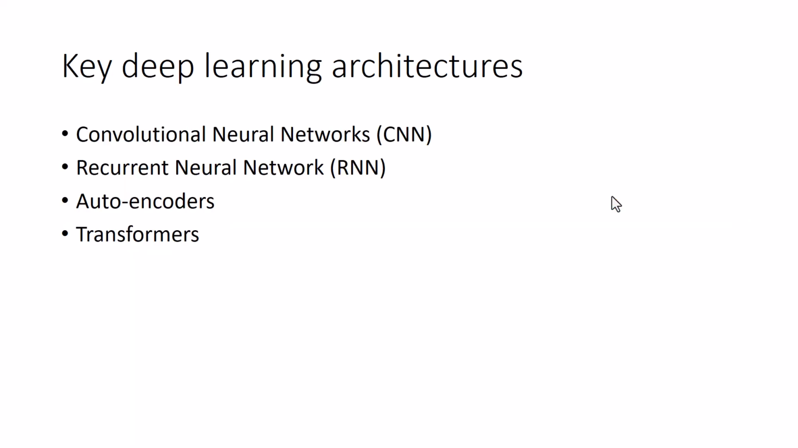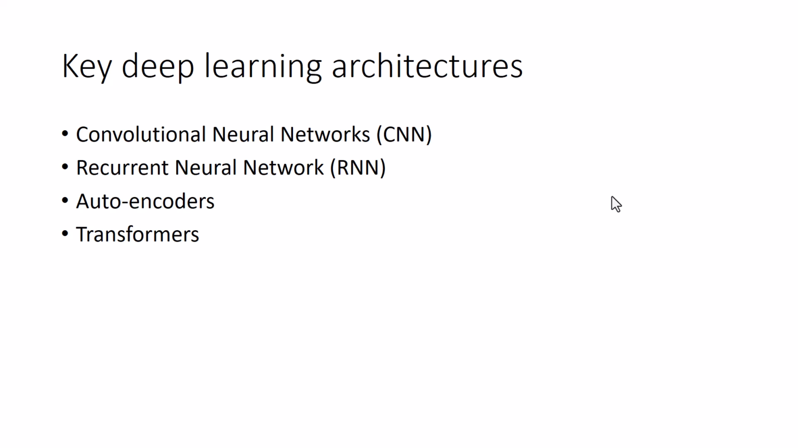Now, what are the most popular or key deep learning architectures that are used in the field of biomedical signal processing for data analytics? The first and the foremost is convolutional neural networks, shortly called CNN. The second is recurrent neural networks, called RNN. Then we have autoencoders and transformers. One by one, we'll see in detail